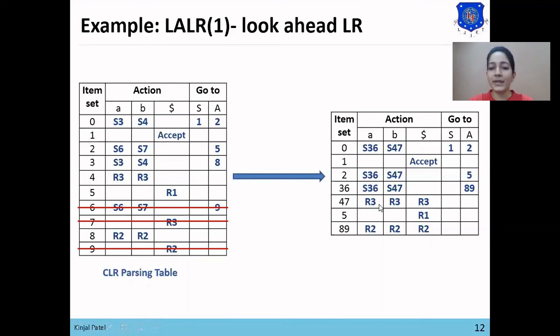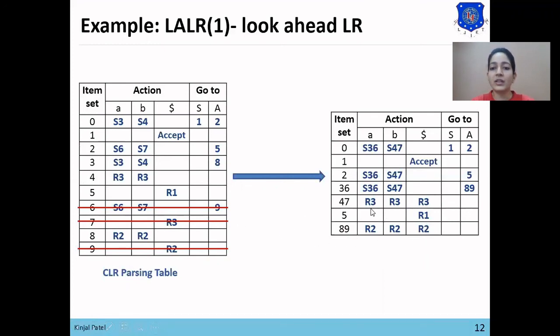Now we won't replace the reduce entries, as reduce entries are made from the production rules, not from the item set. So there is no change in the production rules, and we won't change the R3, R1 or R2 symbols.